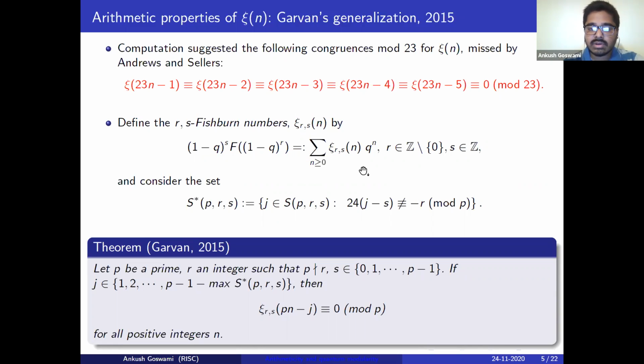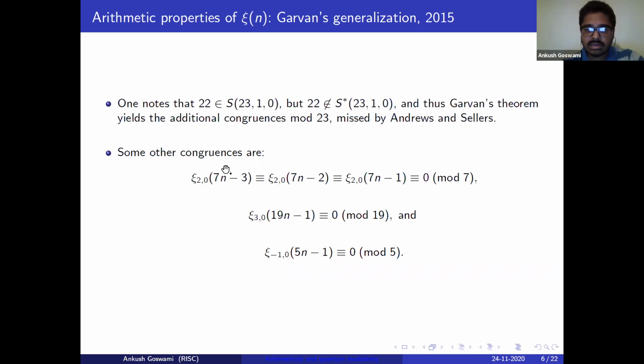has any combinatorial description. Does Garvan give a reason why he chooses to generalize them in this way? Yeah, mainly I think, first of all, it's a general consideration, then the numbers, or the generating function considered by Andrews and Sellers. And the second thing is by choosing this form of the function, he's able to prove the last result, which is xi of minus 105 is of 5 and minus 1 is congruent to 0 mod 5. And this was a conjecture in Andrews and Sellers' paper.